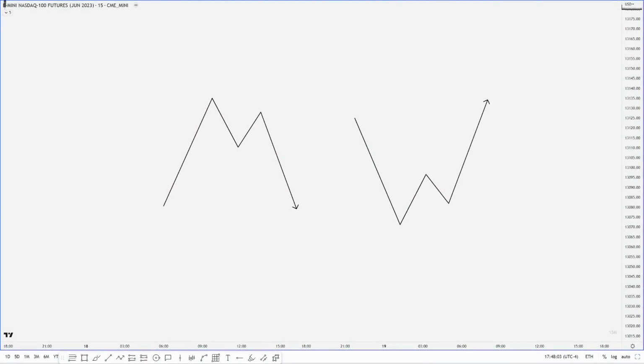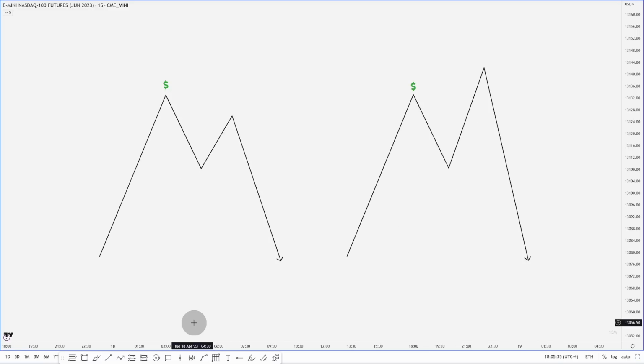How's it going, everyone? This video is going to be over low resistance liquidity runs, the difference between low resistance and high resistance, and why I like to use low resistance liquidity as a target. The first thing we're going to cover: what is low resistance liquidity and how does it differ from high resistance liquidity?